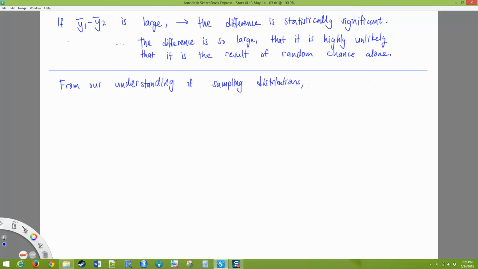From our understanding of sampling distributions, if the null hypothesis that mu1 minus mu2 equals 0 is true,